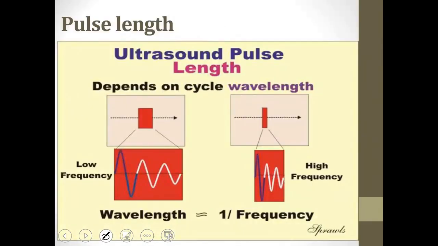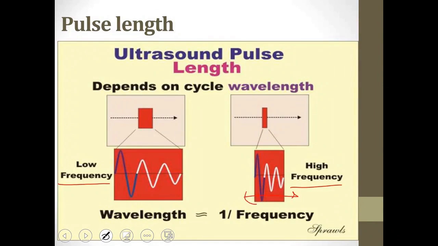How do I generate this at high frequency, and how do I generate it at low frequency? Low frequency means that the number of cycles per second is low, while high frequency means that the number of cycles formed will be high per second. So high frequency means that the